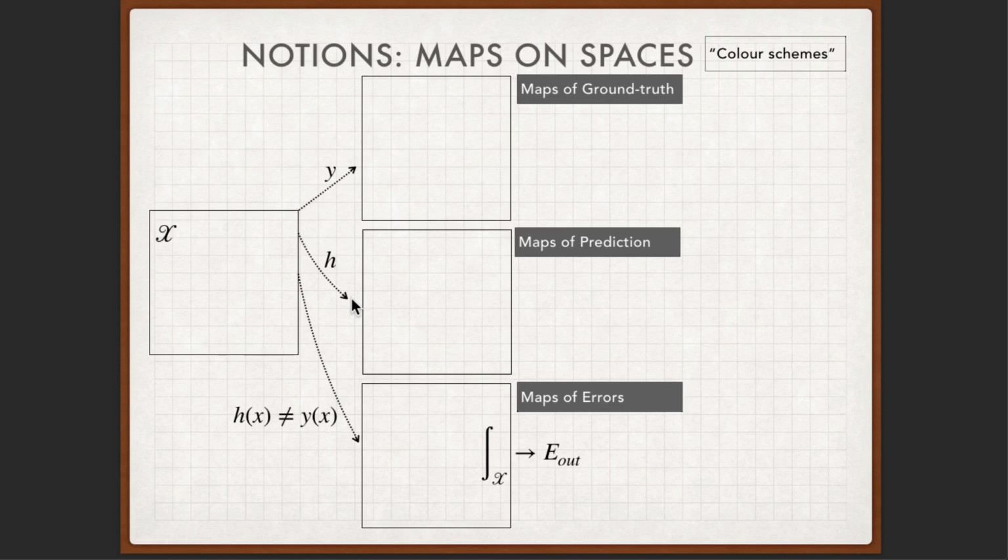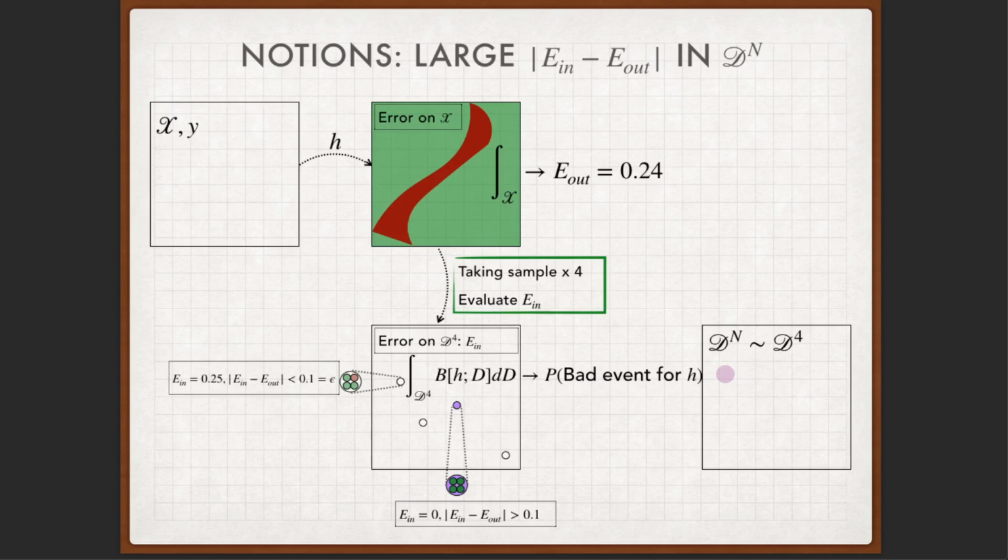We consider a hypothesis of the value, and where the hypothesis makes errors, which defines the generalization error or the out of sample error, while how it links with the sample space of training data sets. Say the out of sample error is something like 0.24,